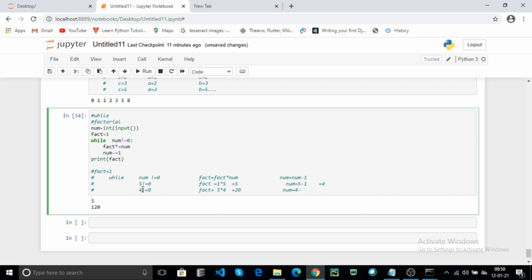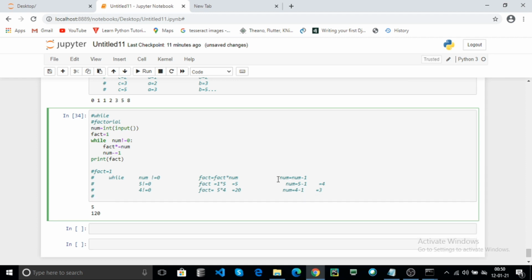Num contains 4, 4 minus 1 equal to 3. In the next iteration, num contains 3, 3 not equal to 0. Then fact equal to the fact variable, which contains 20, into num, which contains 3. The fact will be updated as 60 and num will be decremented by 1. Then 3 minus 1 equal to 2.